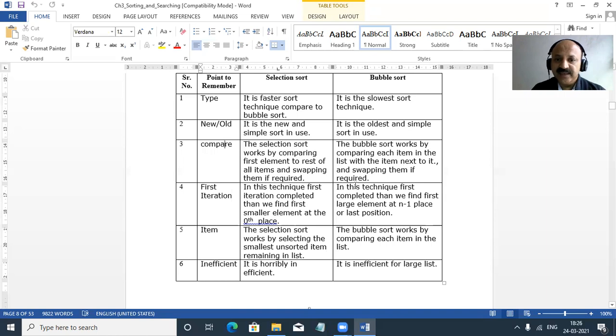In bubble sort, after the first iteration, we find the largest element at the n minus 1 position. Selection sort selects the smallest unsorted item from the remaining list, and bubble sort compares each item in the list. Bubble sort is horribly inefficient for large lists. So that is the difference I cover in my book, selection sort and bubble sort.